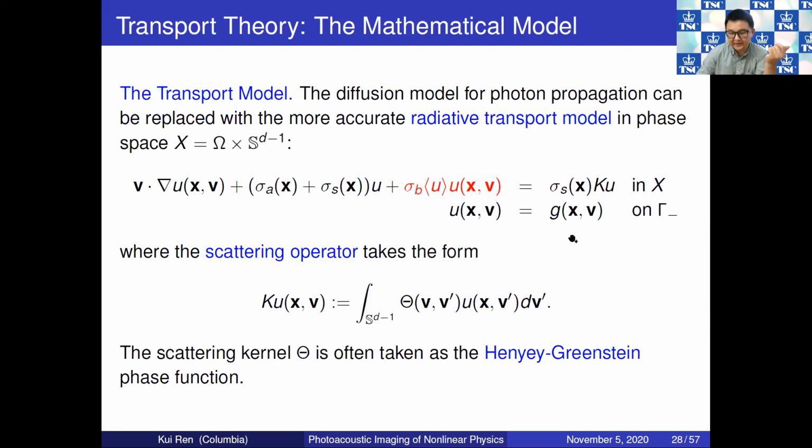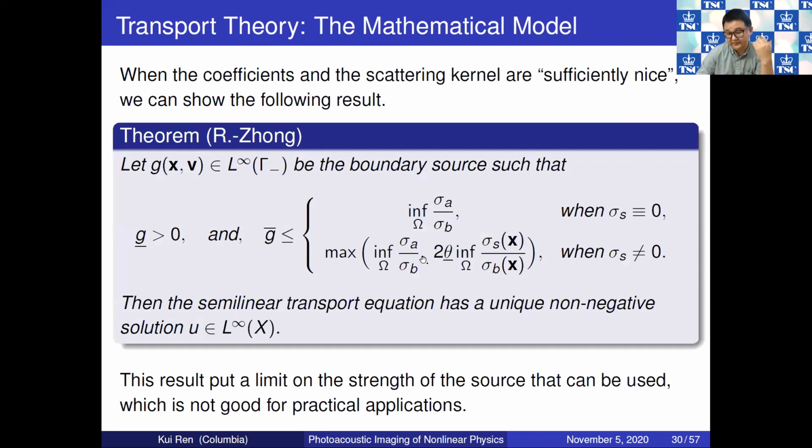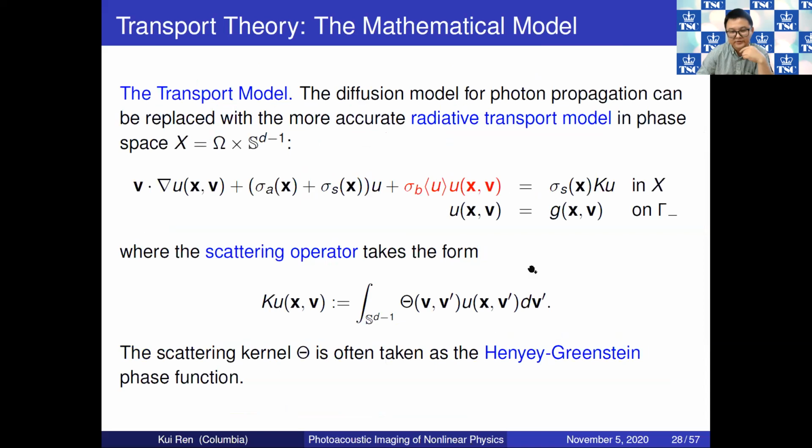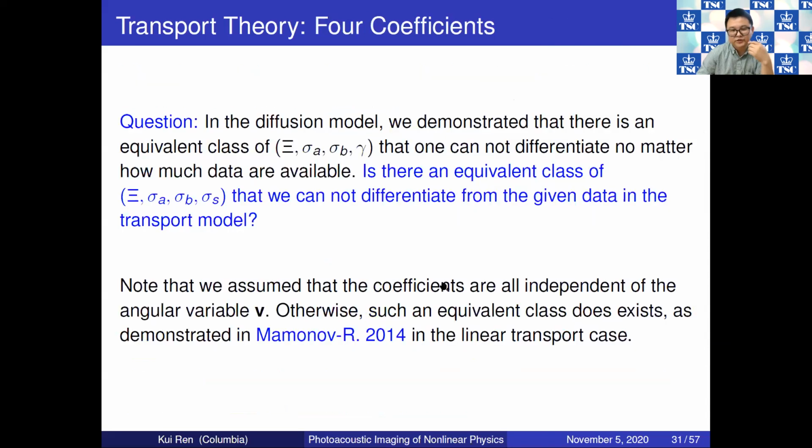So this is exactly where the theory here is very different from what happens in application. I'm not saying that you cannot improve. I'm saying that we don't know how to improve, okay? So if the boundary data is small enough, then you can show that there's a unique non-negative solution to this problem. Again, we are looking for non-negative solutions only, okay? So with this result, you can do some linearization, as I mentioned before, but